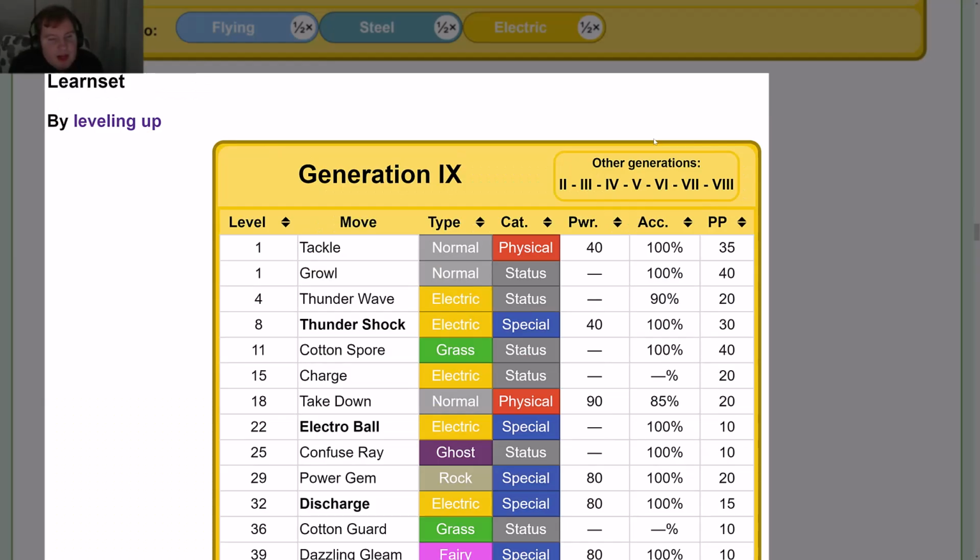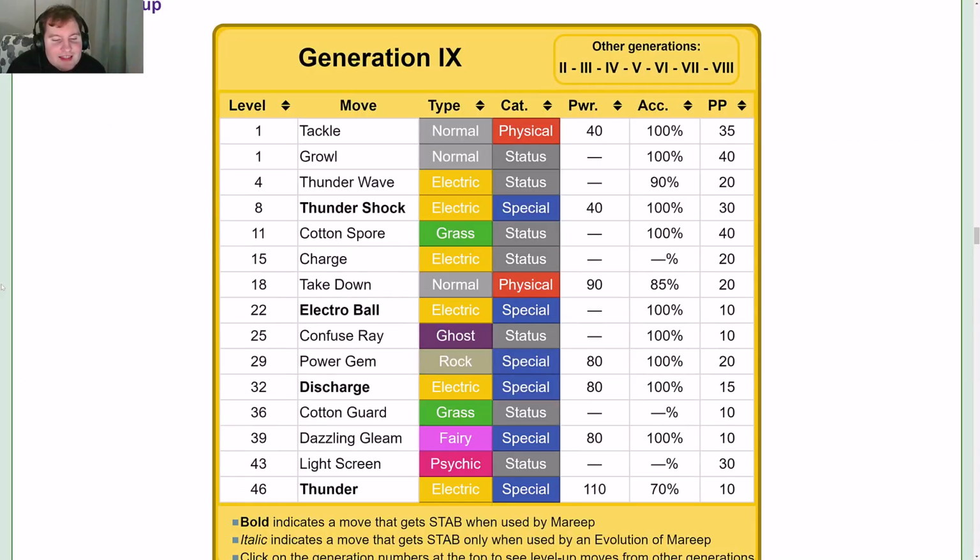Learn set by leveling up. 1, you get Tackle and Growl, 4 Thunder Wave, 8 Thunder Shock, 11 Cotton Spore, 15 Charge, 18 Take Down, 22 Electro Ball, 25 Confuse Ray, 29 Power Gem, 32 Discharge, 36 Cotton Guard, 39 Dazzling Gleam, 43 Light Screen, and